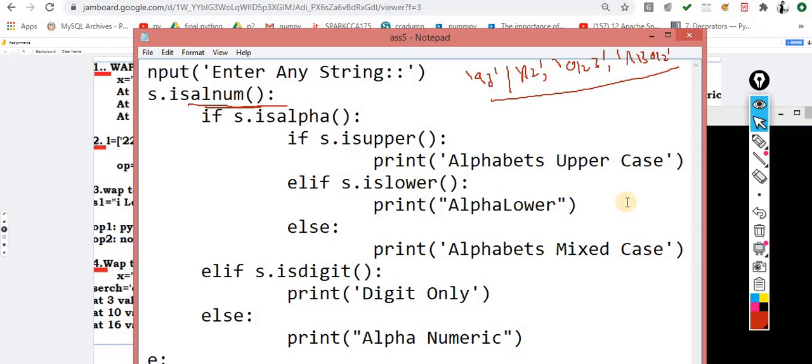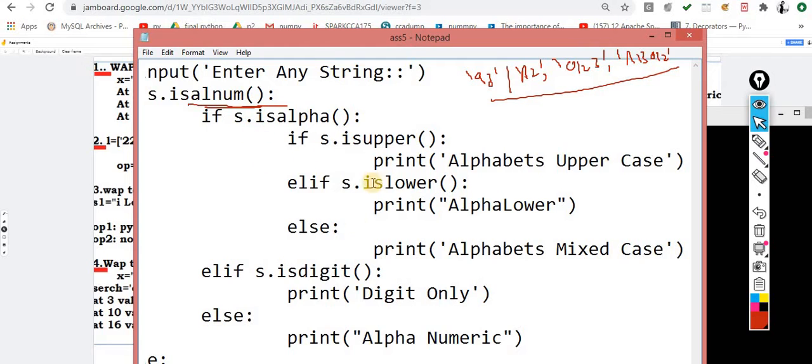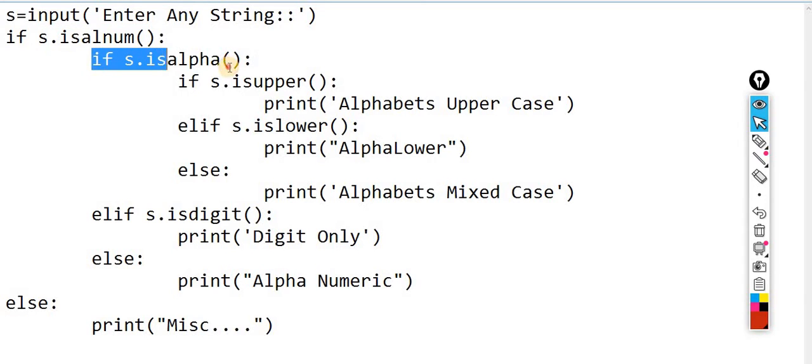So you can handle this scenario as well. Let me try, does it work fine or not? Let's suppose ACE, alphabet mixed case, perfectly good, it's working fine. So inside conditions I am making more conditions. If this condition is true, it has to pass to this condition.